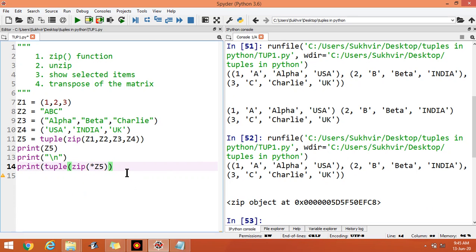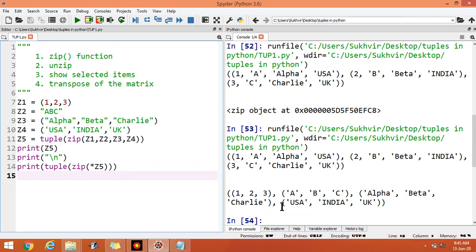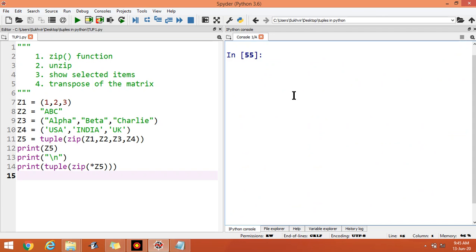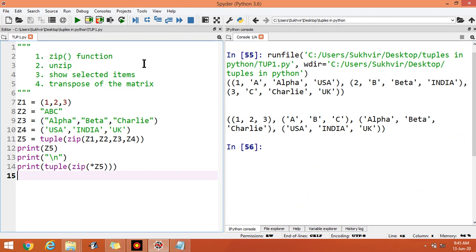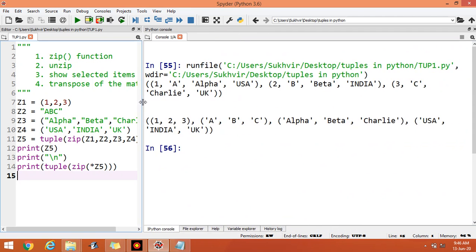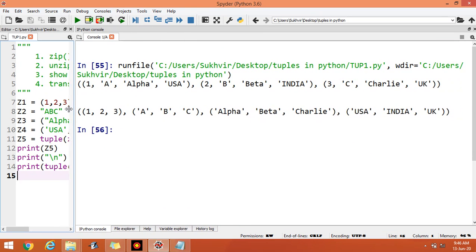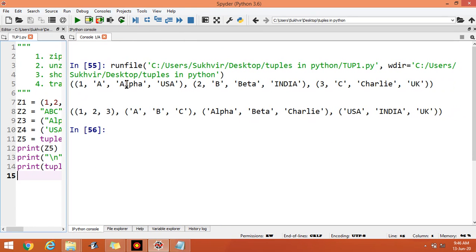Now it's okay. Now check the output. Control L. Check the output here. Now this one is the operation after implementation of zip function.